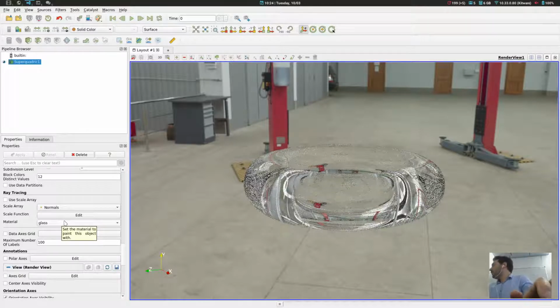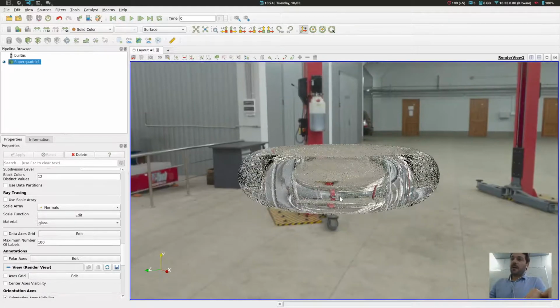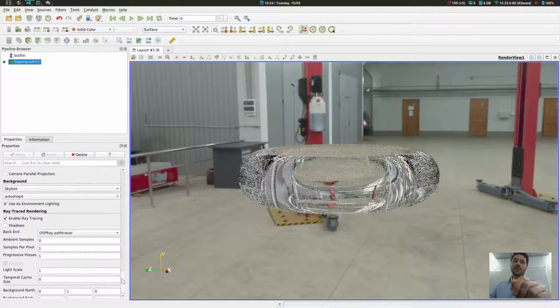Yeah, so the question is, with the bottle and the skybox, should I disable the light kit or should I keep it enabled? I think it's as you want. I personally prefer to remove the light because the scene will have too much light, but it will also depend on your skybox.